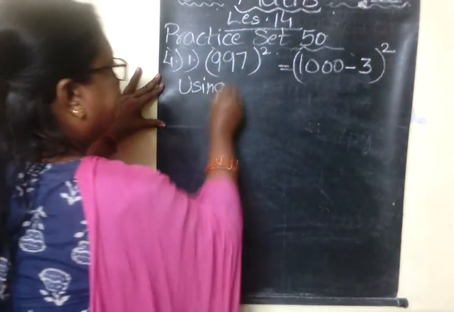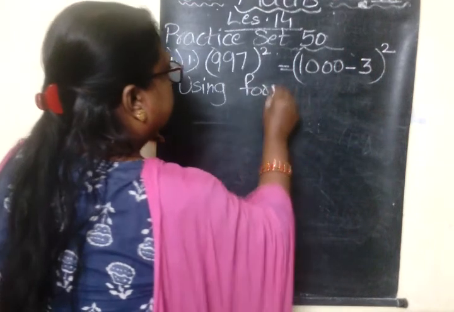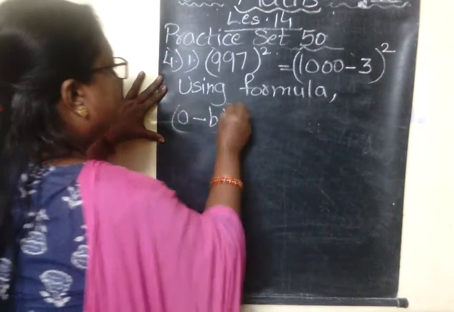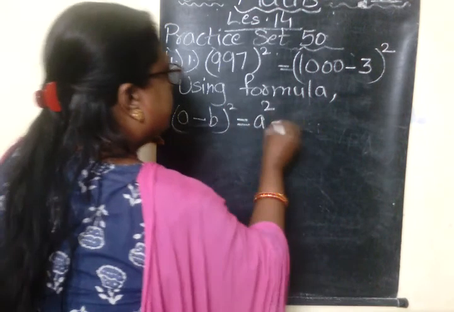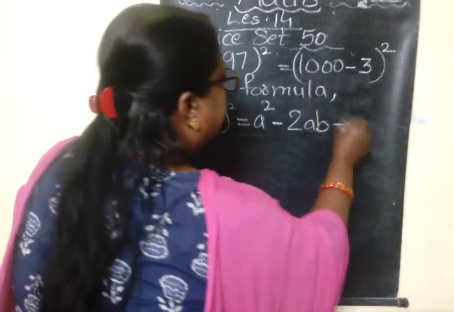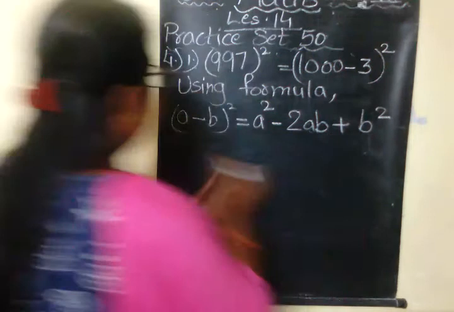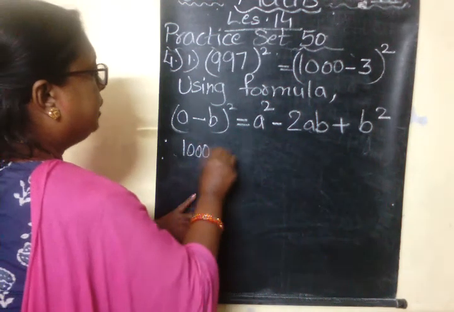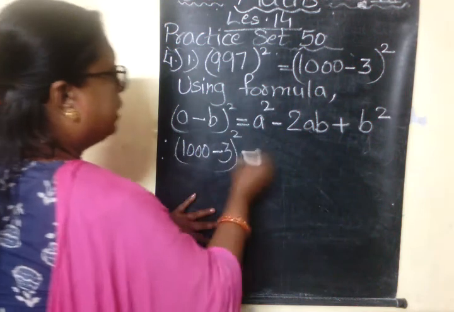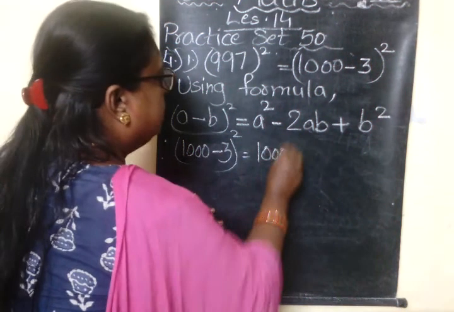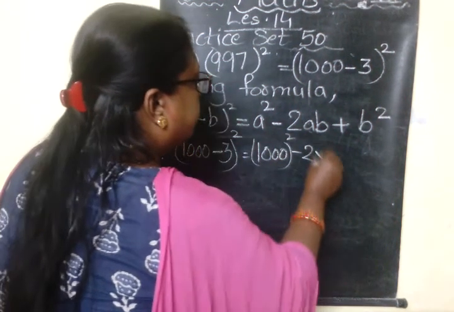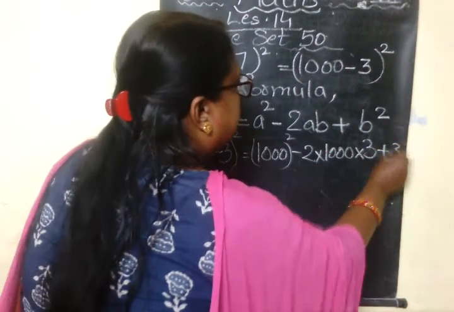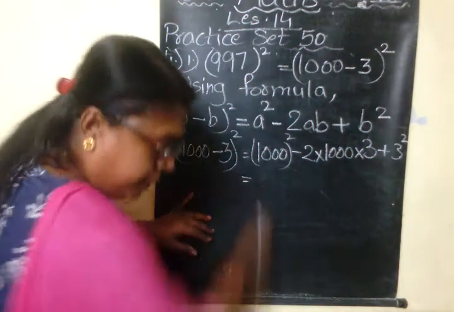Using the formula, (a minus b) the whole square is equal to a square minus 2ab plus b square. Now instead of a and b we will use 1000 and 3. 1000 minus 3 the whole square is equal to 1000 square minus 2 into 1000 multiplied by 3 plus 3 square. So this gives me the answer as,